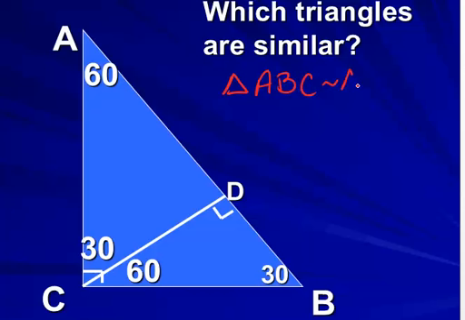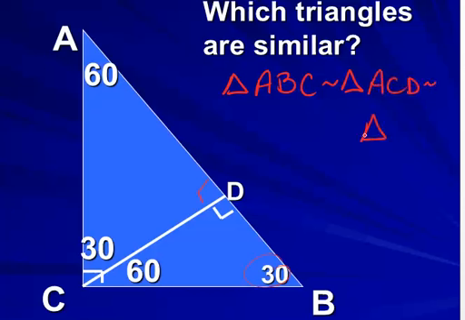Now, when I go to name the similar triangles, I want to keep those congruent angles in the same order. So if I look at ABC, A is the 60-degree angle, B is the 30, and C is the 90. So when I look at the smaller similar triangles, I want to keep that order 60, 30, 90. So let's look at the larger of the two small triangles. Again, 60, 30, 90. So 60 is angle A, 30 is this angle C, and 90 is our angle D. So triangle ACD, and that is similar to